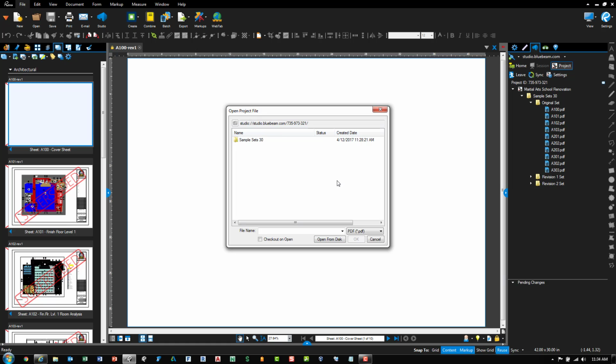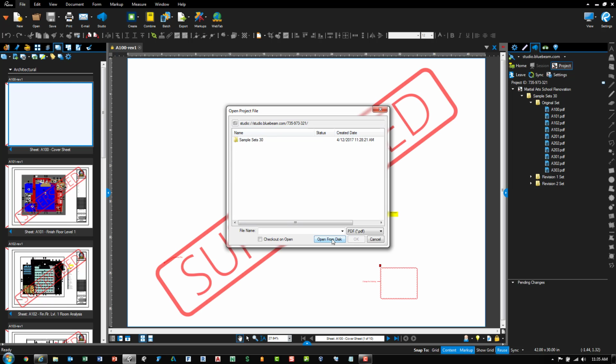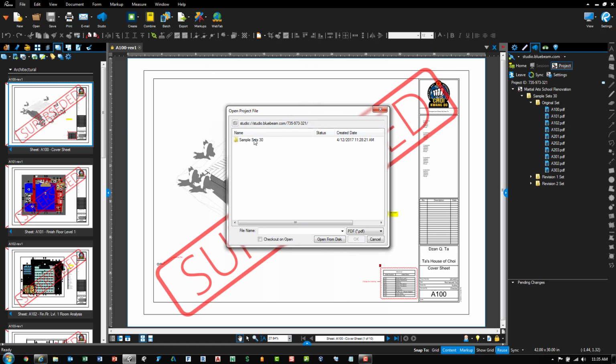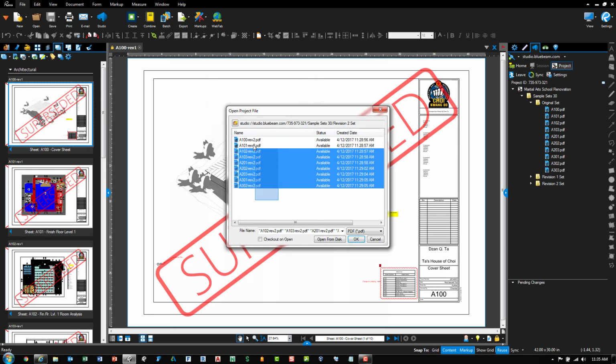And just so you know, you can also open files and grab files directly from your disk, meaning from the local hard drives and the network drives. Whereas this window says by default, it's looking at the studio project and all the subfolders in there. So again, I'm going to go to Sample Sets 3.0, go to Revision 2, and I'll pick these files. I'll click OK,